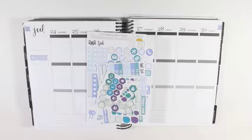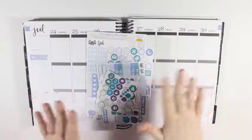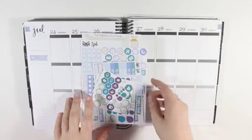Hey y'all, I'm here today with another plan with me from July 24th to the 30th, and I am going to be doing pretty much a third Merbabe spread, which I know is a lot, but I figured this is kind of